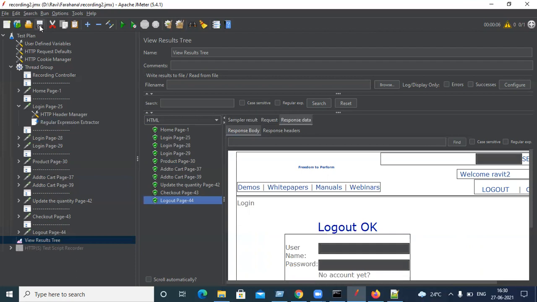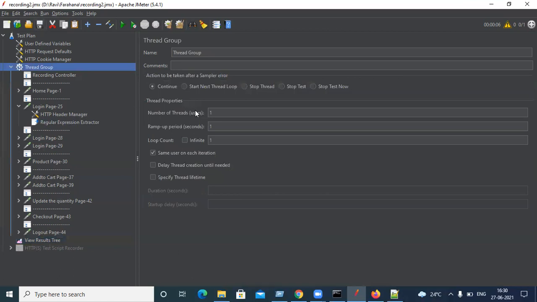So once our scripting is done, we'll go to the thread group component, which takes care of our data, I mean, the load modeling. The load modeling starts from here. So the first thing is scripting. Whatever the concept, scripting should be finalized first. Then we'll go to load modeling, I mean, how many users you want to run and what type of load you want to run. Once our load modeling is done, we'll execute, then we'll get a report, do the analysis, and share the reports. So this is the flow.